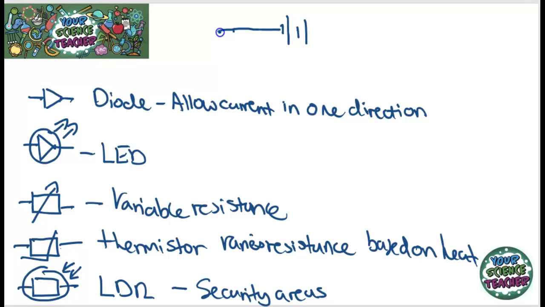And let's draw in my circuit a diode, so it only is allowing current in one direction. And I could also have in my circuit a variable resistor to vary the resistance. And I'm also going to have in there a light bulb. A light bulb is shown with a cross. You should remember that one from your time in Key Stage 3.